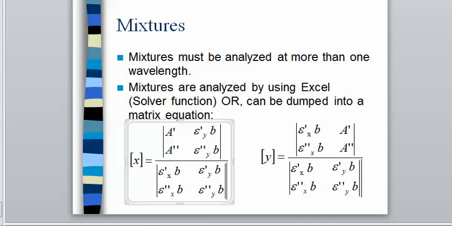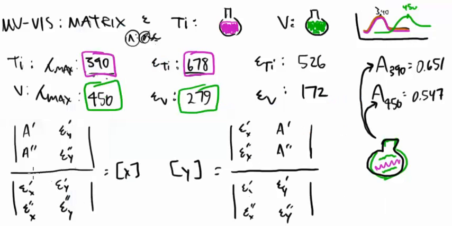So that's the reason that I leave off the b's in my version of the matrices. That's why when you see these matrices written, they look a little bit simpler, at least, because I'm leaving the b's off. All the problems that I will give you, especially concerning the matrix, will be assumed to be in a 1 centimeter cuvette. Okay, so stay tuned. In the next video, we're actually going to start plugging in numbers and